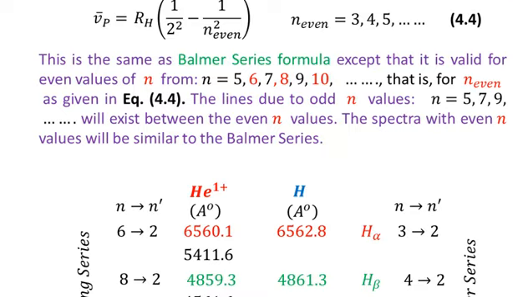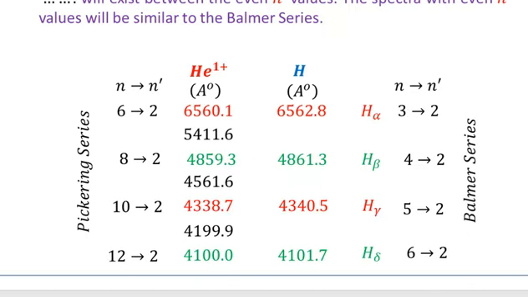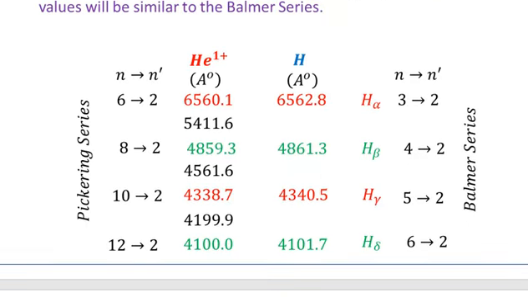So now I am going to present a table where I have shown the values obtained from this formula. For example, the Pickering series is shown on the left hand side with the change of quantum numbers from n to n prime. And you see that the quantum numbers will change from 6 to 2, then from 5 to 2, which I have not shown, from 6 to 2, then from 7 to 2, and the next one which I have shown is from 8